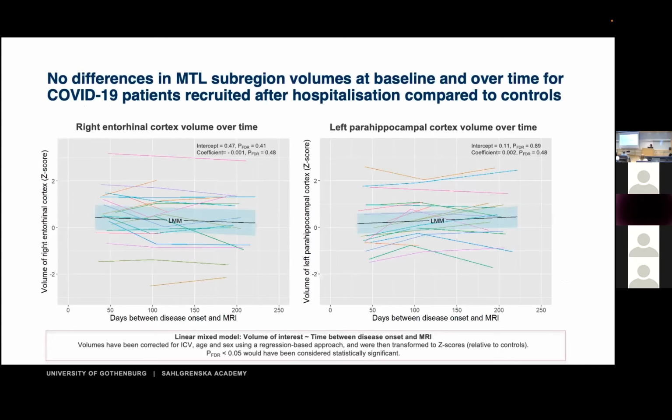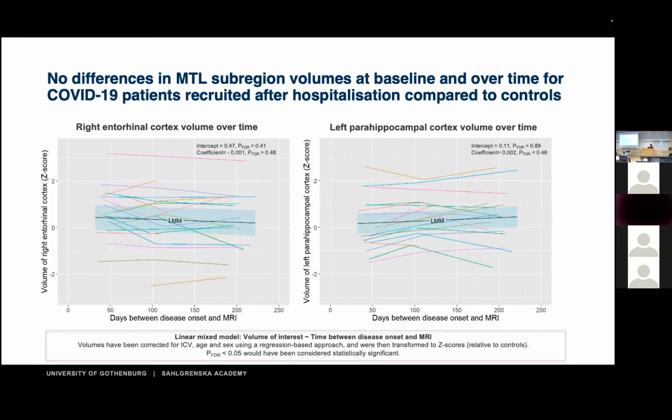I'll focus on comparisons between controls and group 1, as we currently only have longitudinal data available for group 1. In order to compare the different regions between the groups at baseline as well as during follow-up, we used the linear mixed model, but we didn't find any differences for all regions of interest. I do want to show you 2 example plots.